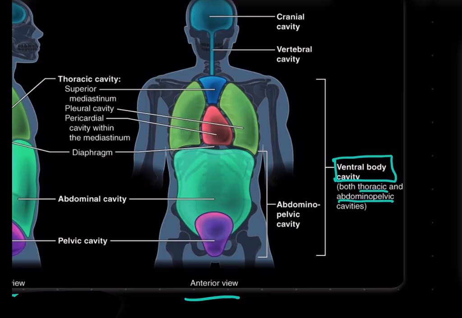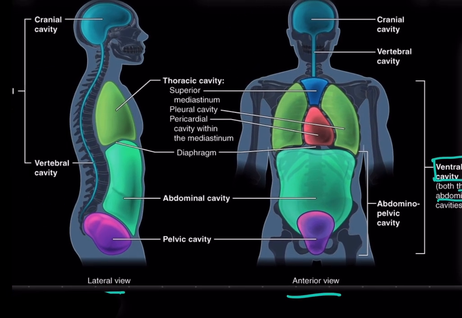The thoracic cavity is this region that you see here. Let me just point out here. So this region here is called the thoracic cavity, and the region below the diaphragm is called the abdominopelvic cavity. The thoracic cavity is more superior subdivision of the ventral cavity, while the abdominopelvic cavity is the one that's